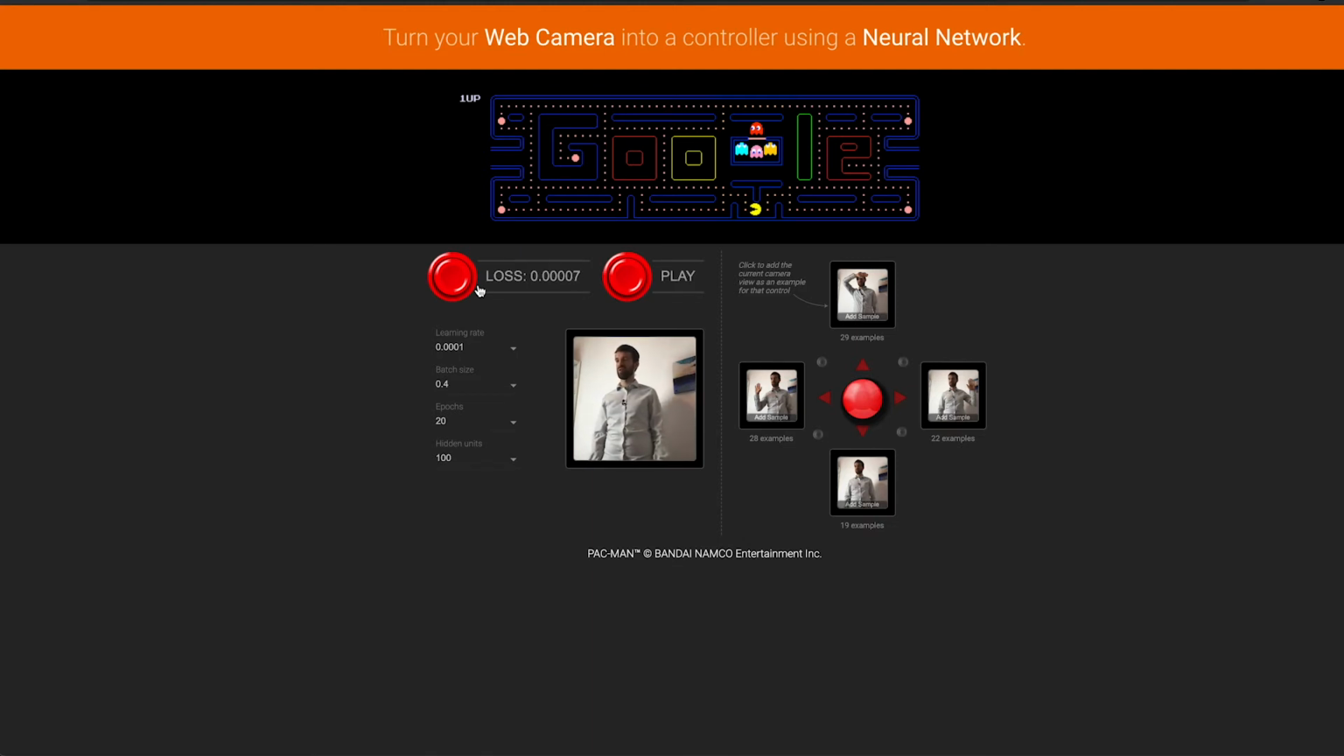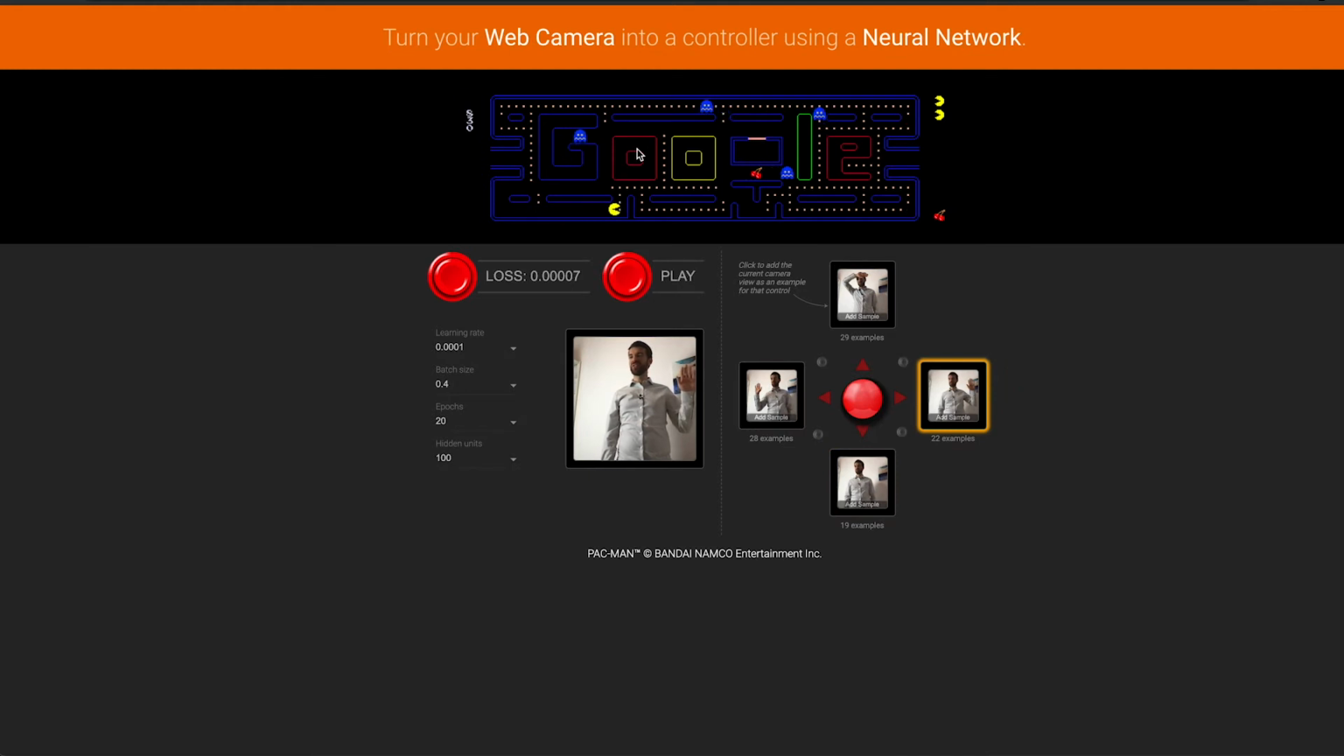Okay, so it's trained in the browser now to do this, and let's see if I can play Pacman with my fantastic gestures. So if I'm not doing anything, so left, up, and it actually works. I can play Pacman in the browser by just using my gestures here,